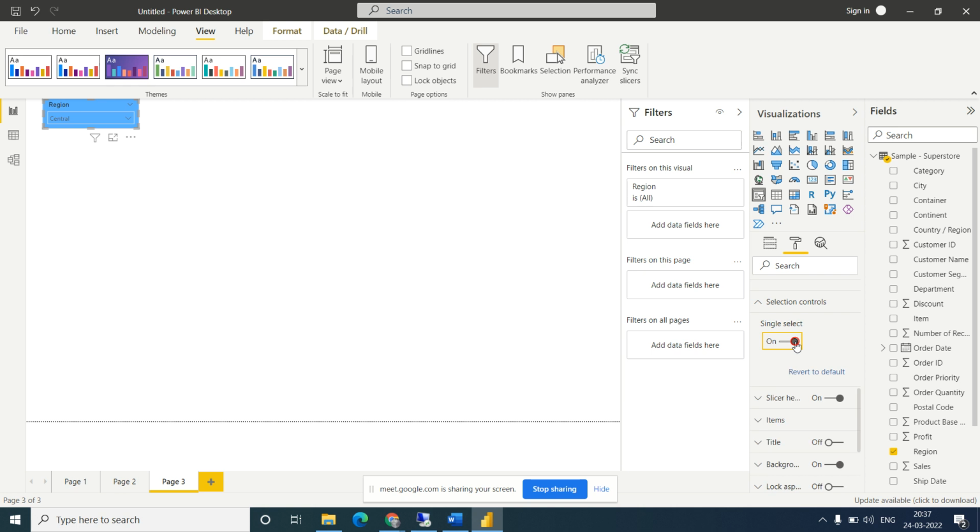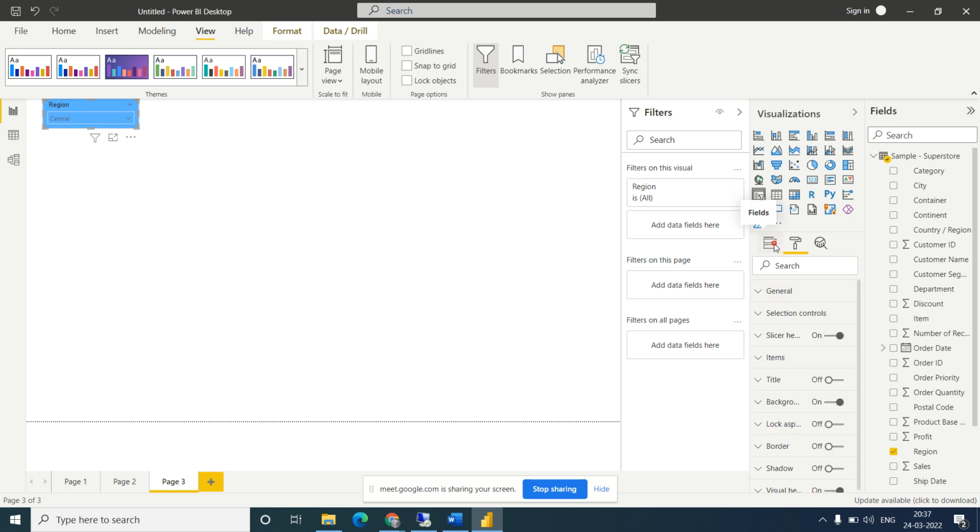Single select. I'm putting it as single select. Where is the option?